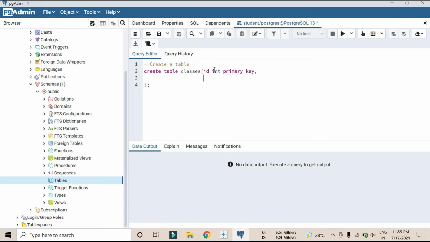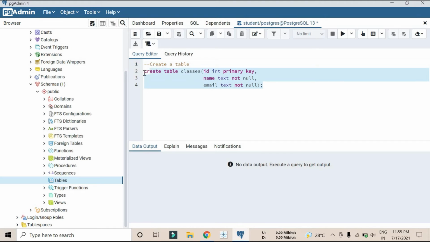So I want to give a name. I can give a name like name of student, so I will give name, and it's a text. Sorry, it's a text and it should not be null, so I will put not null. Yes. And anything more, like email, we can take an email. So email, and it should be text also, and it should not be null, so we will put not null. And you can see here, we have a closing bracket here, so I will put it in the back so that we can get a very clear idea.